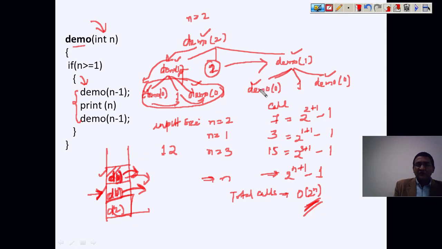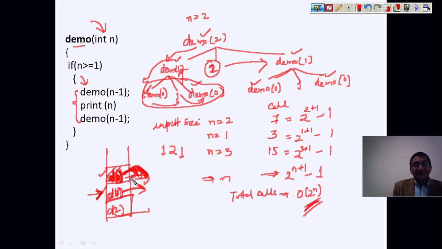Now when you push it you make a call, but you realize that the exit condition is met here, so you make a pop, it gets freed, and then you get 1, and then you reach here. This is demo0. Again you push d of 0, and then the condition is met, you make a pop, so it will be empty.